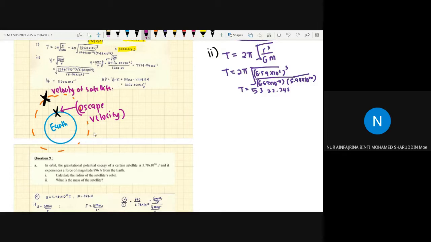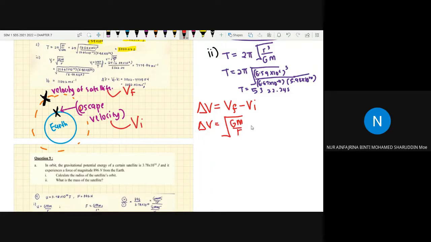Okay, which one is initial velocity? Escape velocity. So, escape velocity is initial velocity and velocity of satellite is final velocity. Therefore, changes in velocity, not velocity speed. Changes in speed is final speed minus initial speed. So we know our final speed is speed of satellite. So speed of satellite you can find using the formula